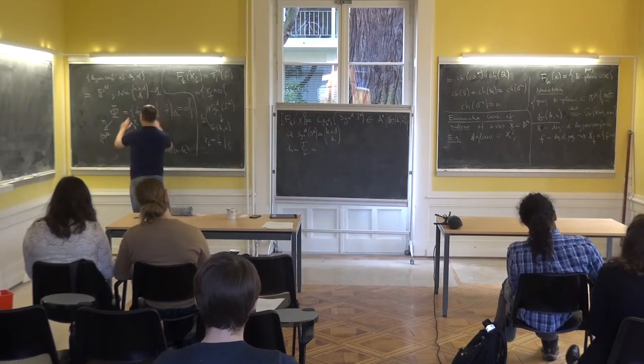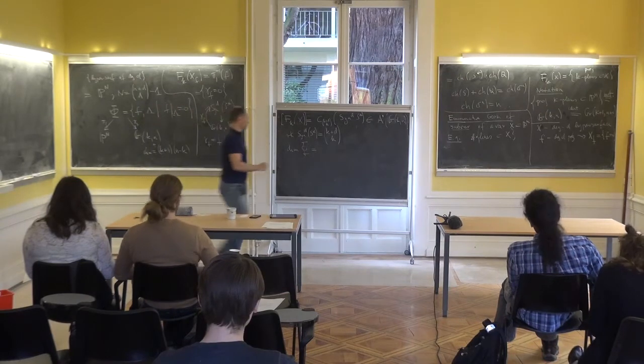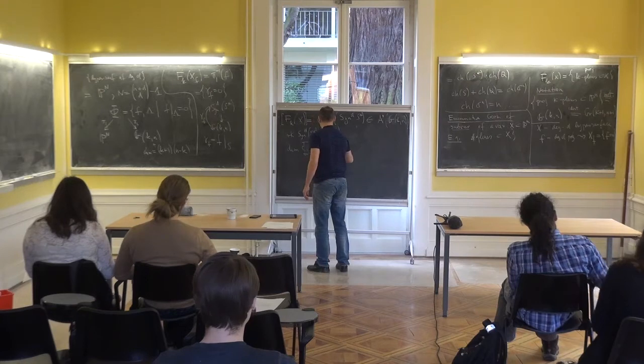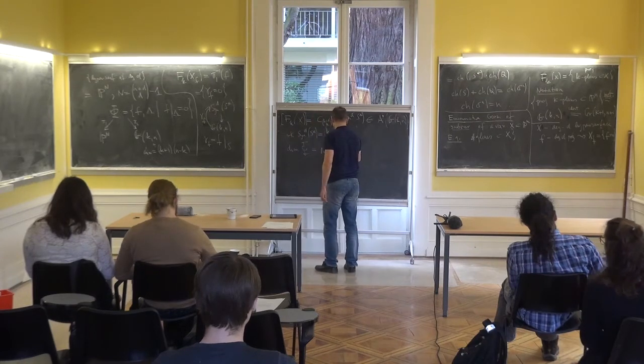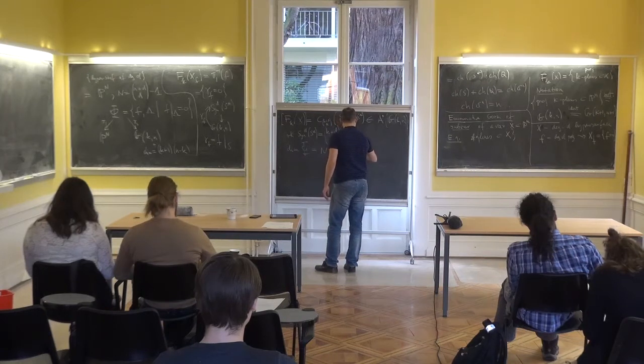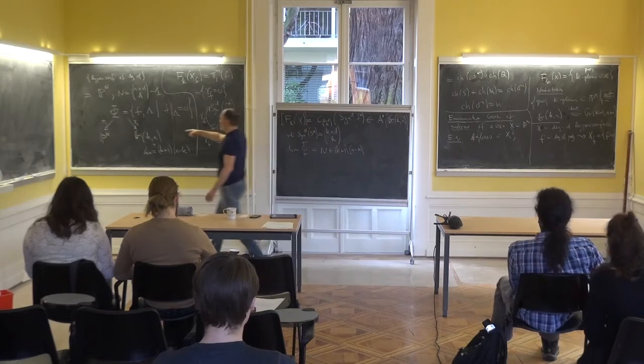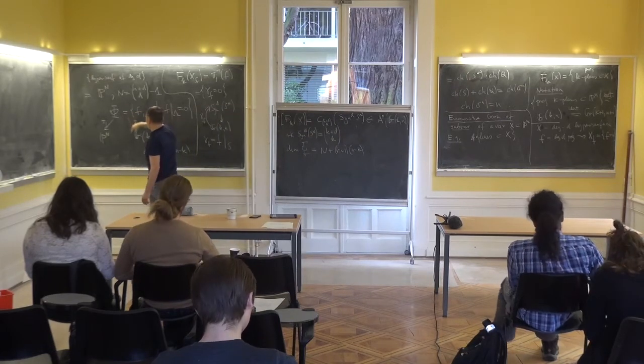It's a subset here, so it's n plus the dimension of the Grassmannian, which I put down as (k plus 1) times (n minus k). And then in each fiber, you have